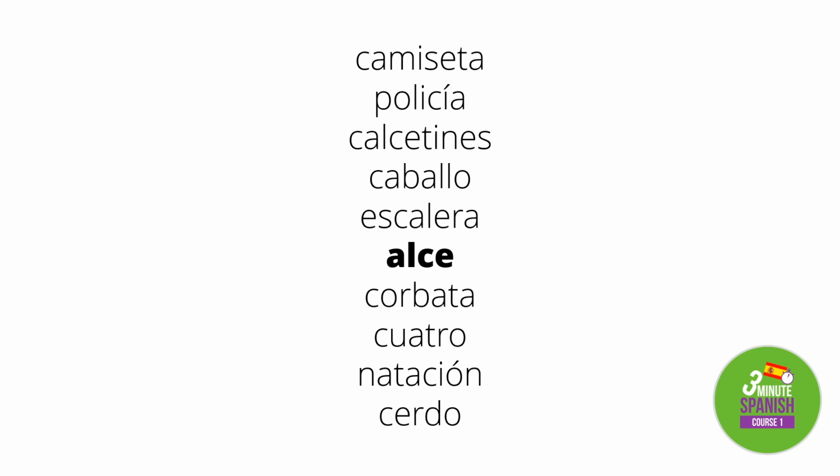Alce, or alce. And this word means moose, as in the animal. The seventh word, corbata. This word means tie, and the C is pronounced like a K because it's followed by an O. The eighth word,